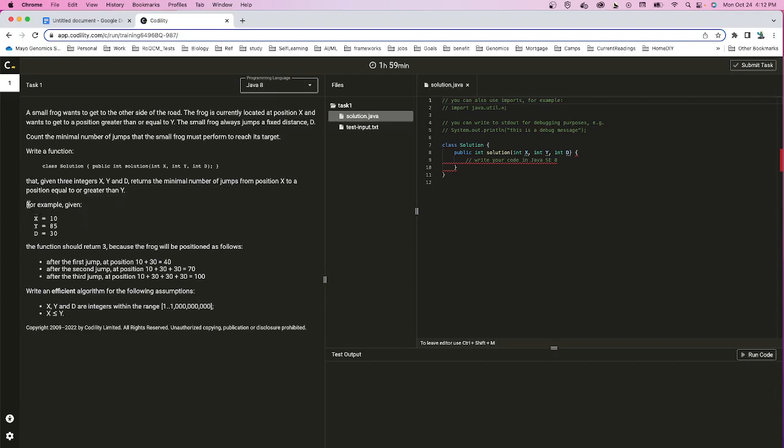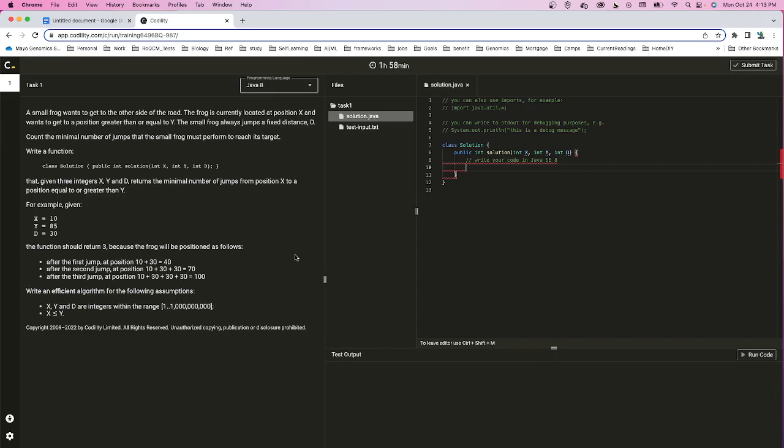So here's an example. We have starting position at 10, stop position at 85, and each time the frog can jump 30, the distance d, which is 30. So the question is how many times the frog has to jump in order to go from X to Y. So it has to jump 3 times. Okay, so it's a very simple